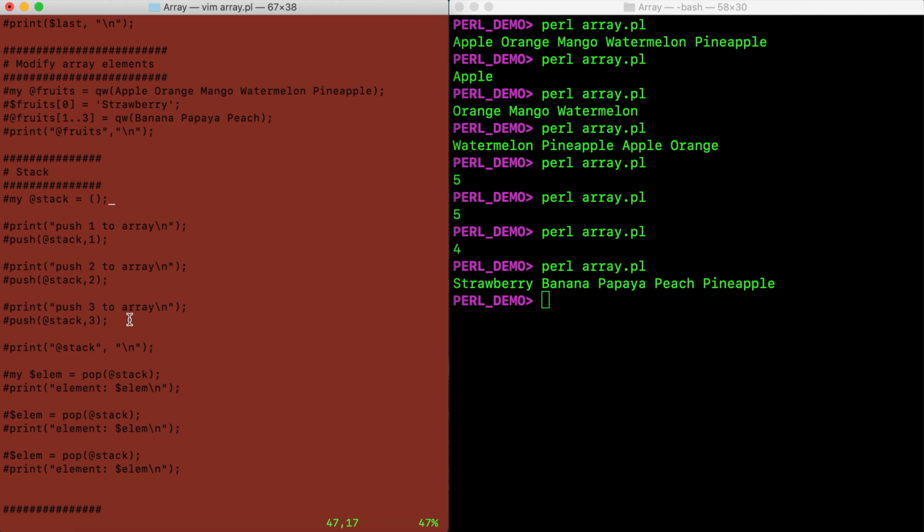Basically a stack works based on last in first out philosophy. Here the push function appends one or more elements to the end of the array, while the pop function removes the last element from the end of the array. Let us understand this with an example here. I'm defining an empty array here, which is a stack,